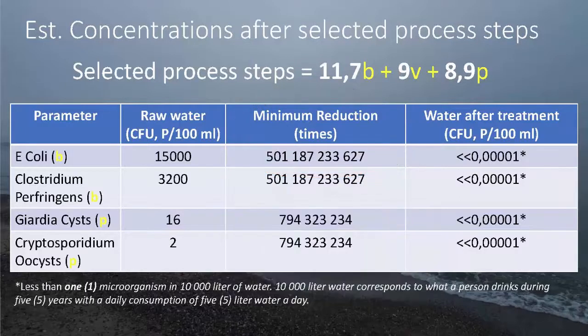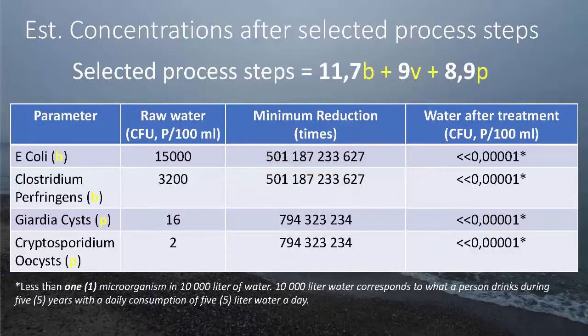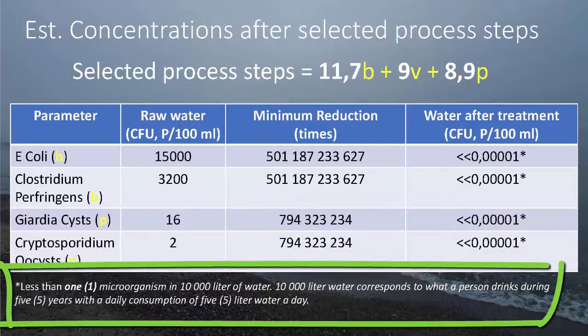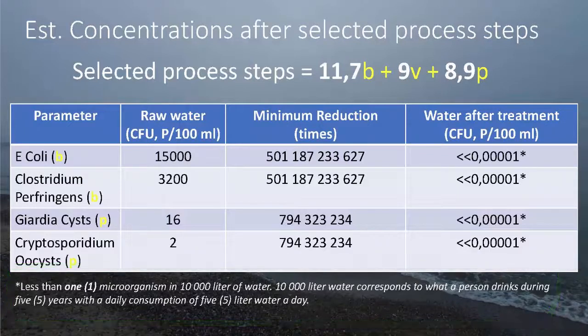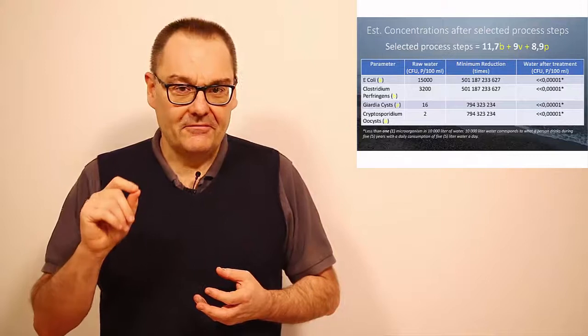And here we see the results. Basically, after these 4 steps, the E. coli are non-existent in the water. As you see, they're way, way below 0. Also, you can think on how much water you must drink before you can even find 1 E. coli with this treatment. I have made a little bit of a reasoning here, which you can look at and maybe comment. With that said, we're going to the last slide, which will prepare you for the very important part